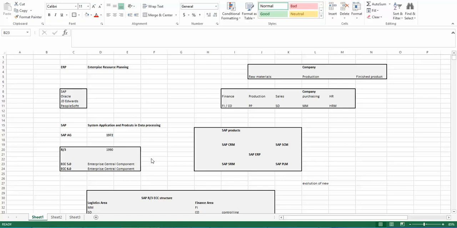But I would be focusing on particular topics which most of the people have issues understanding, or people are not aware of certain concepts of business processes and how they have to be configured in SAP. So I'll be concentrating only on those areas. In case people come to me asking for some specific topic, I could go ahead and record a video on that topic as well.